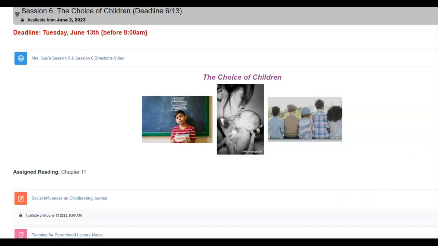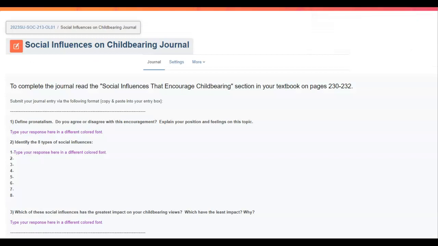The social influences of childbearing journal here is not going to have you watch a video like most journals have had you do thus far. It's going to kick you back into your textbook for chapter 11 and ask you to reread the section Social Influences That Encourage Childbearing. Now, in my textbook, the one purchased from the bookstore, my numbers are 230